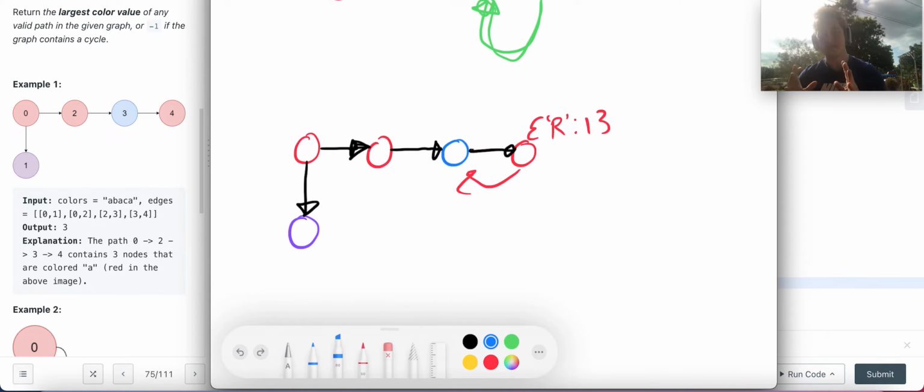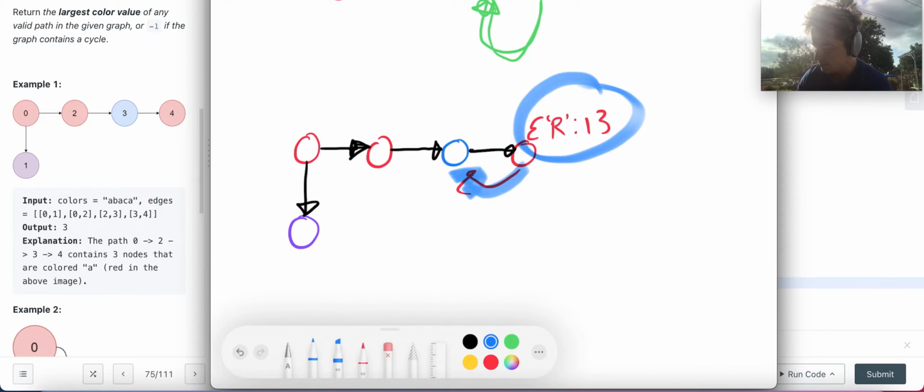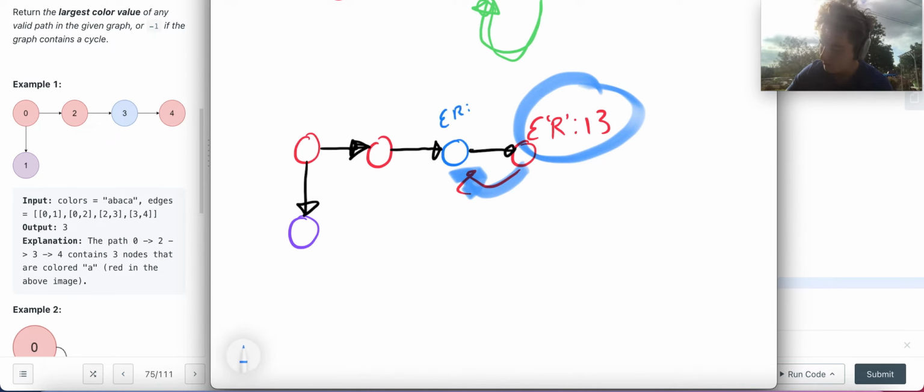So what you want to do then is kind of like a dynamic programming idea, right? You want to look at the last node, a node that's a sink, and then collect its values and start propagating them backwards, right? So this one has red 1, so it's going to push that information back here. And this one will say, okay, I have a neighbor that has red 1 and blue 1, and it's going to push that information back here, right? Now remember, I said we started here, so this one will stop and say, okay, I have red 2 and blue 1,